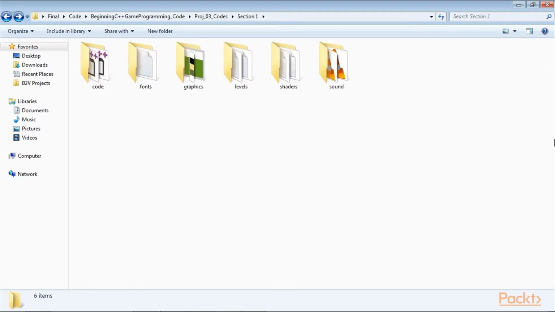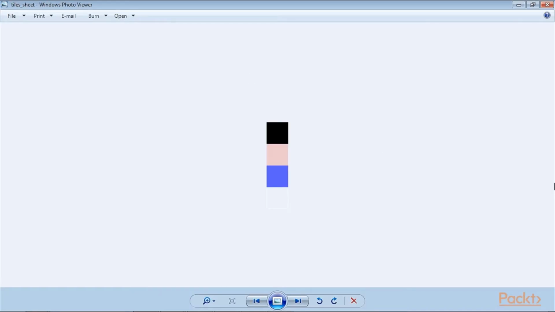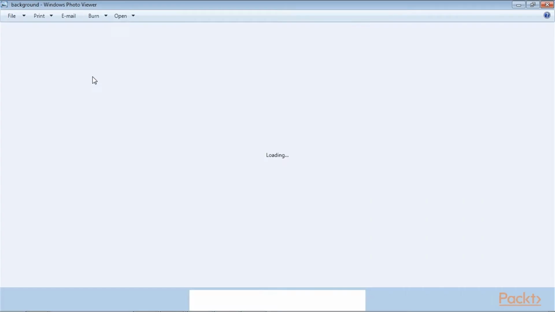Let's see how we're going to use the assets. The graphical assets make up the parts of the scene of our game. Take a look at the graphical assets, and it should be clear where in our game they will be used. If the tiles on the tiles_sheet graphic look a little different, this is because they are partly transparent and the background showing through changes them a little. If the background graphic looks totally different to the actual background in the game, that is because the shader programs we will write will manipulate each and every pixel, each and every frame, to create a kind of molten effect.